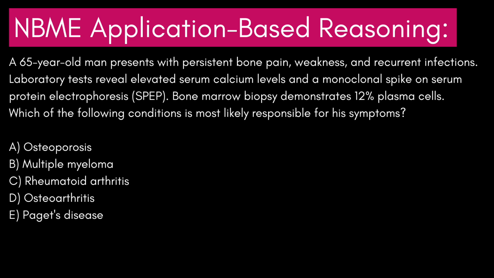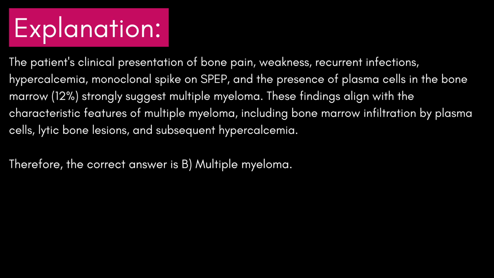All right, I think I gave you guys enough time here. I'm going to move on to see what the correct answer is and what the reasoning behind it is. If you need more time, feel free to pause the video. Otherwise, moving on now. The patient's clinical presentation of bone pain, weakness, recurrent infections, hypercalcemia, monoclonal spike on serum protein